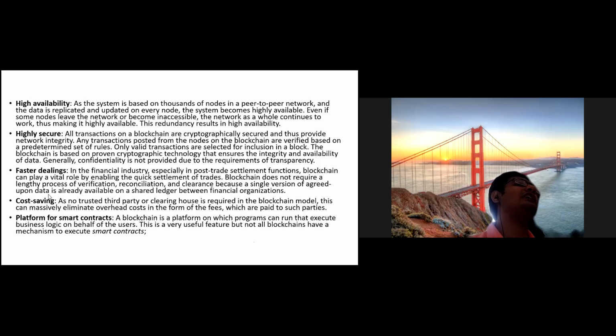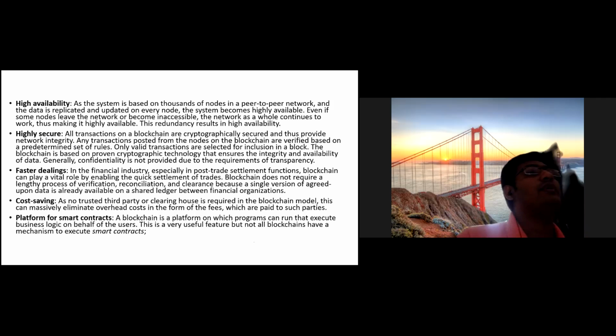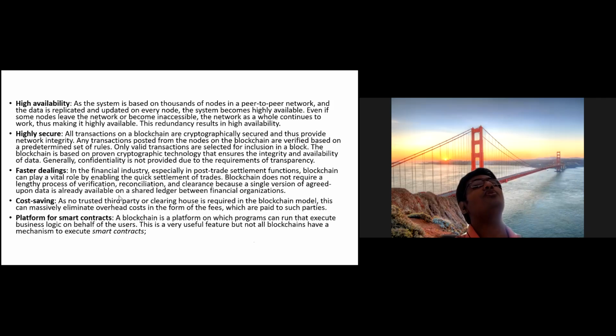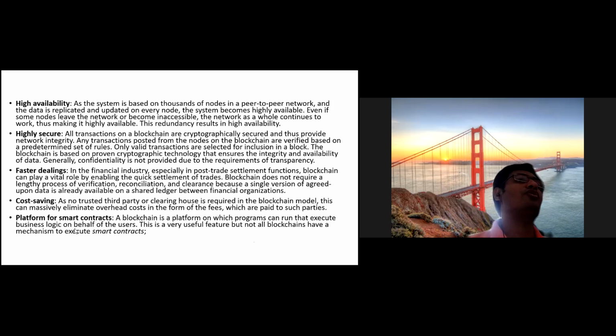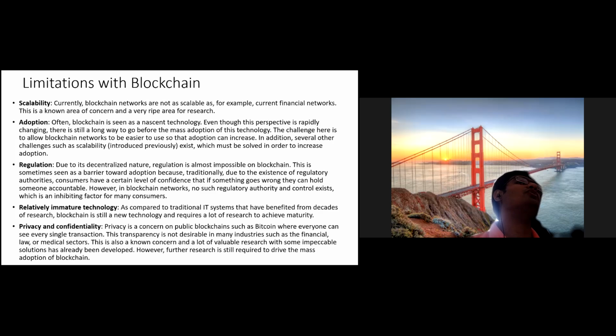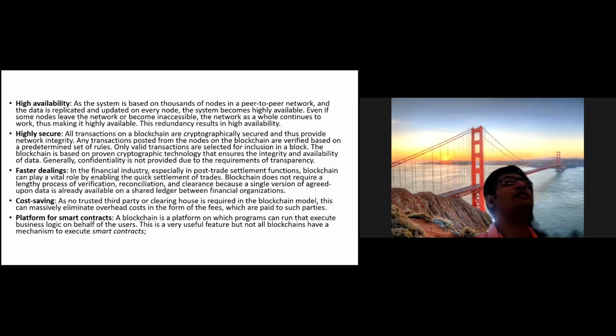Your dealings become faster because you are not relying on third parties, right? And it's highly cost saving because, like I said, intermediaries are discarded, so it is highly secure and cost saving, right? Plus you can create your own smart contracts and business logic. If you're using a private blockchain, you can define your own smart contracts and business logic through the blockchain component called a smart contract, and you can write it down, right? These are the advantages, but there are a few disadvantages as well, right?